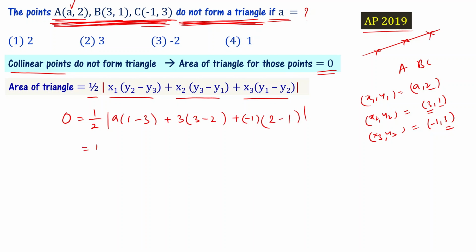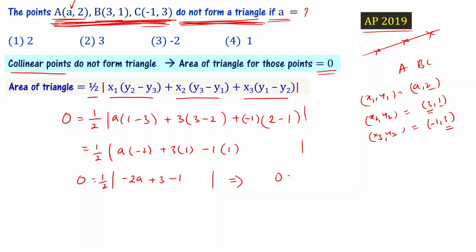This can be now written as half times modulus of a times minus 2 plus 3 times plus 1 minus 1 times plus 1, right? Then value 0. 0 equal to half times modulus of minus 2a plus 3 minus 1, right? This can be written as 0 equal to half times modulus of 2 minus 2a,